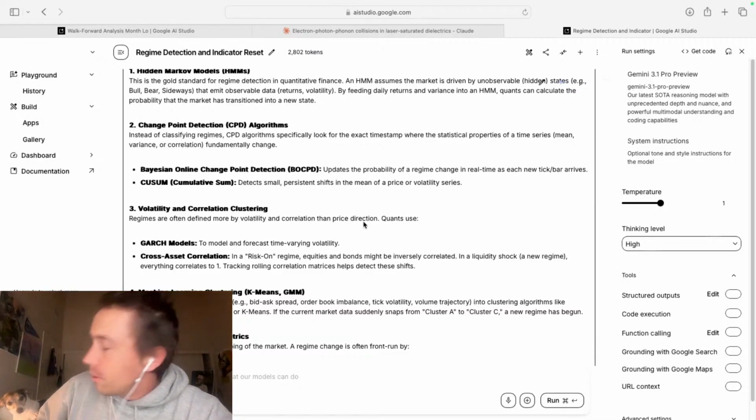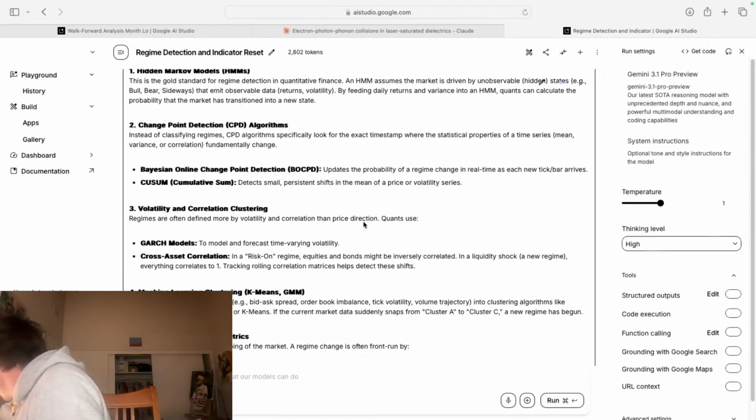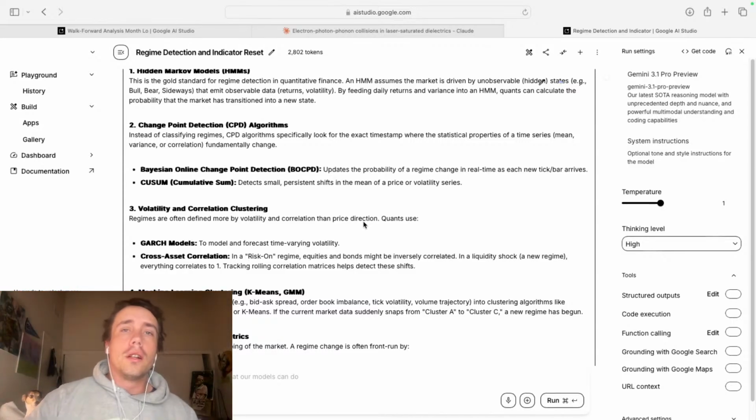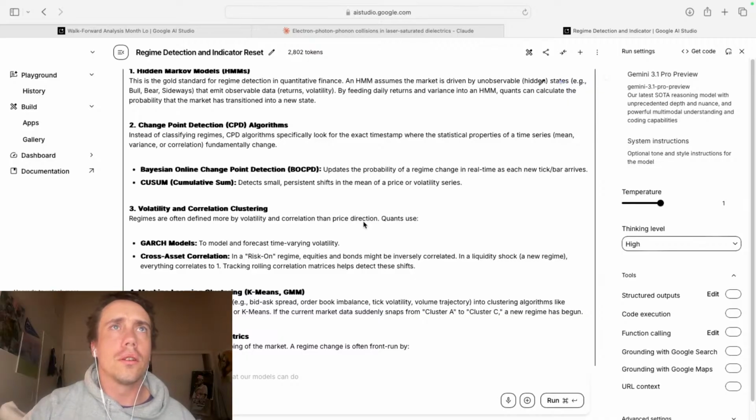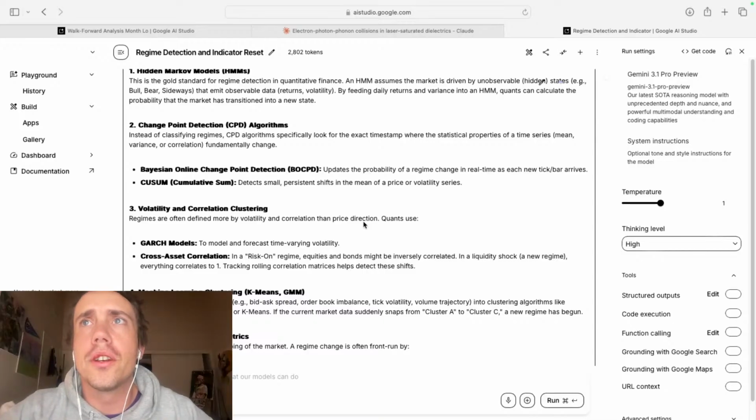So I'm trying to figure out, a couple days ago I got way better results going open to open. Here's close to close. I was getting 25% drawdowns.